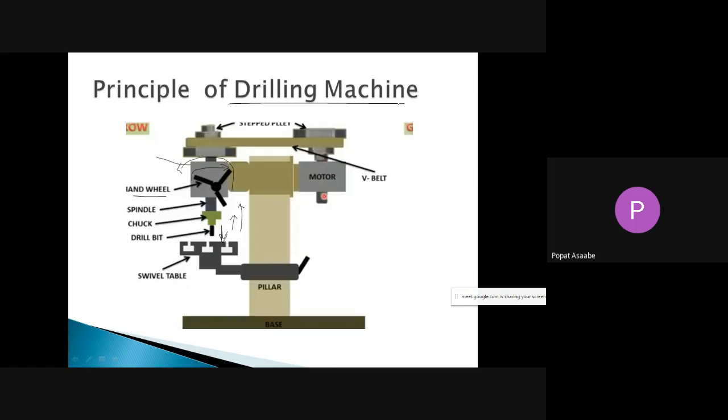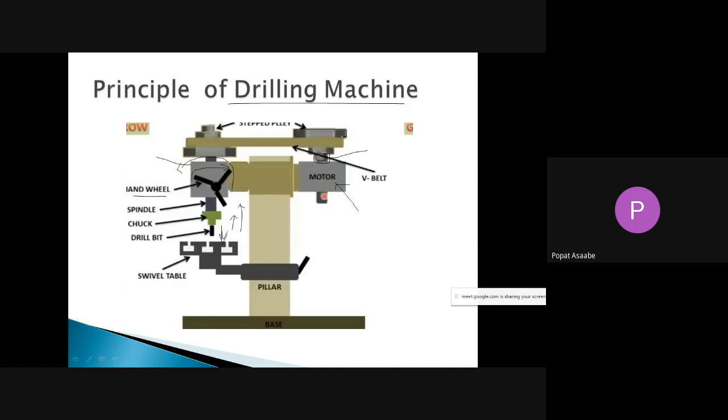Okay, now see, once again I will repeat how that drilling machine is going to work. Simple. See here, in that drilling machine, one electrical motor is present here. When we give the supply to that electrical motor, that time that electrical motor starts to rotate, which means the output shaft of your motor is going to start to rotate, and on this output shaft of your motor we have mounted the set of pulleys.